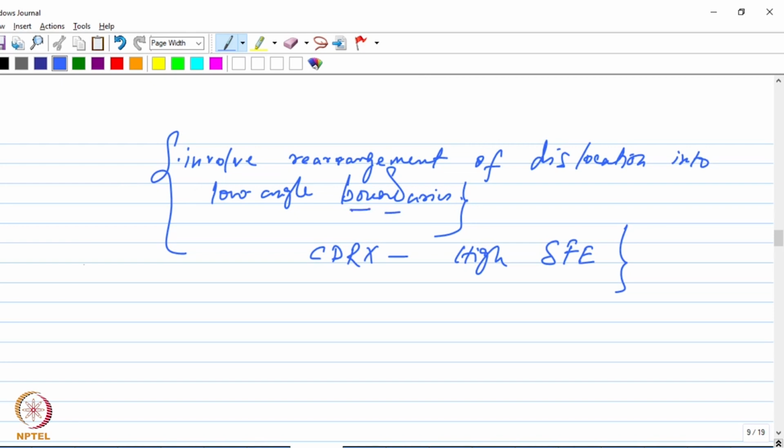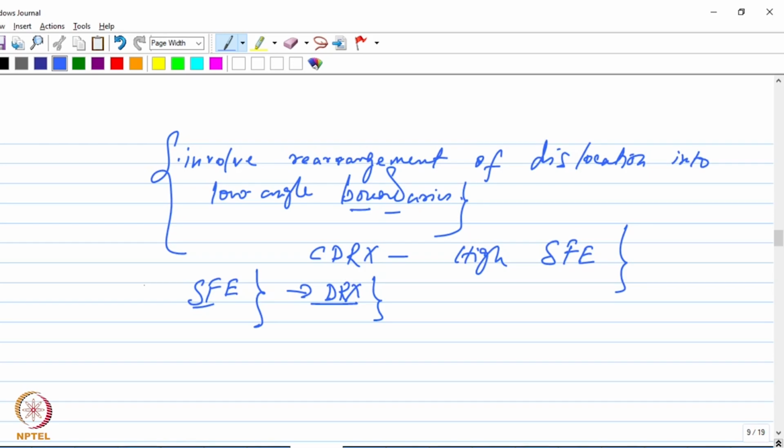So DDRX we have seen is more prevalent for low stacking fault energy materials, but CDRX, on the other hand, will be more dominant in materials having high stacking fault energy, because here you need the cross slip to occur. Okay. So as I said in the beginning, stacking fault energy plays a very important role in dynamic recrystallization, because this, as you could see now, decides the mechanism which will be dominant during the process,